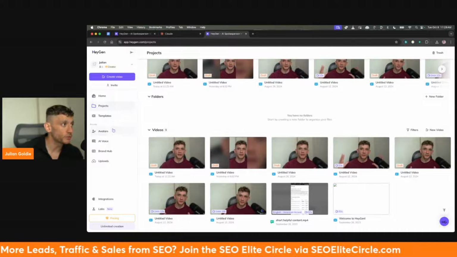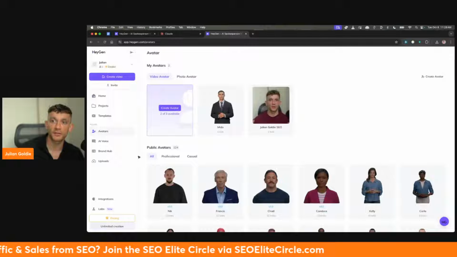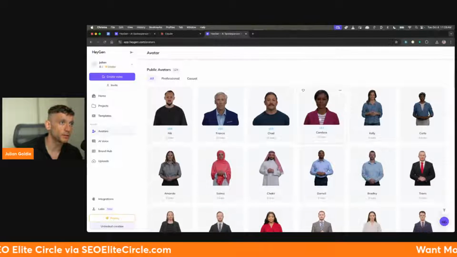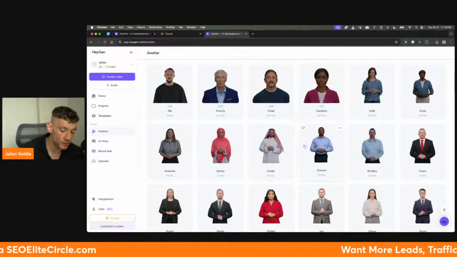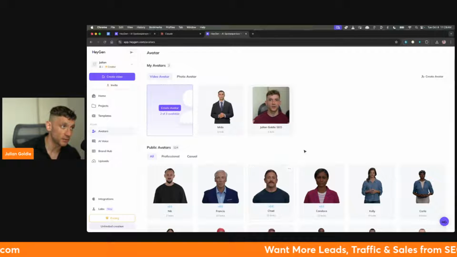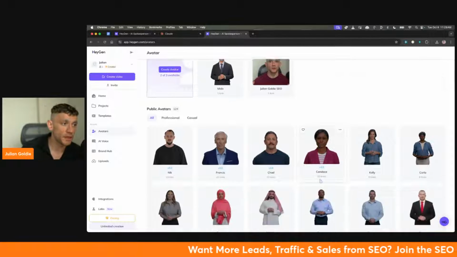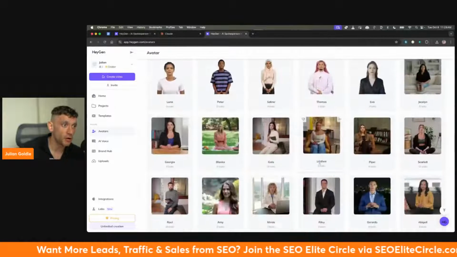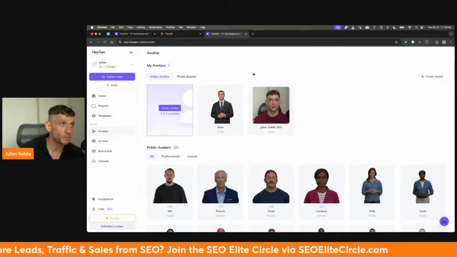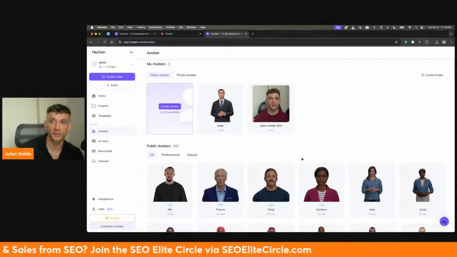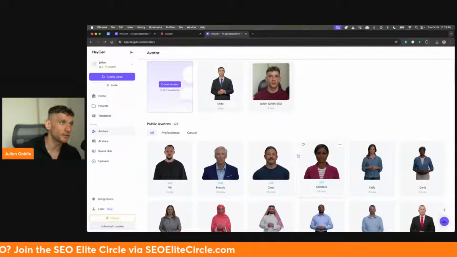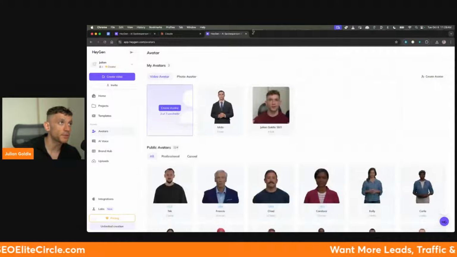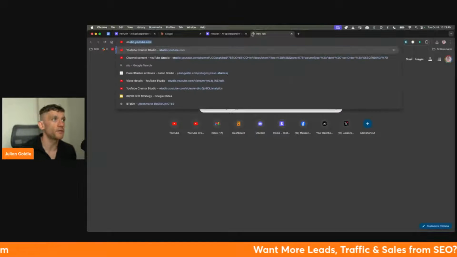And HeyGen have also released a new update, as you can see inside the avatar section, where you can select between all these different people that you can be, right? So if you don't even want to put yourself on the AI generated video, then you can generate a one-click avatar of someone else and create content around that. Honestly, for YouTube, I think it's going to be better to put yourself as the main face of the channel, but you can see how easy this is to do, and you can just generate this with one single click. Really simple stuff.